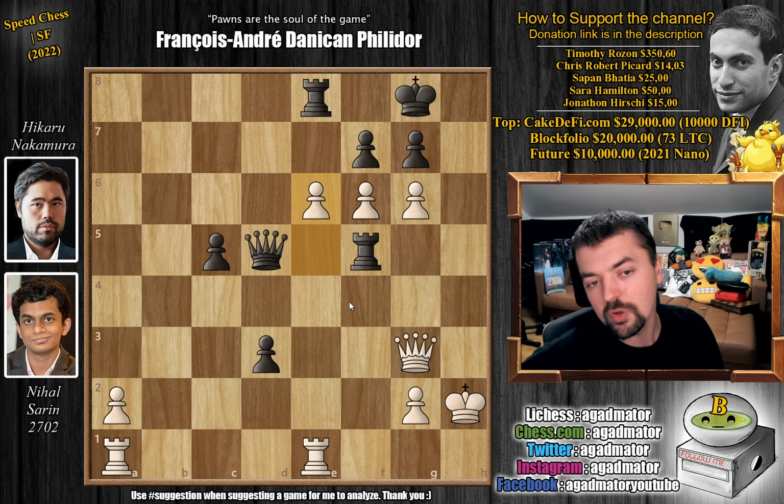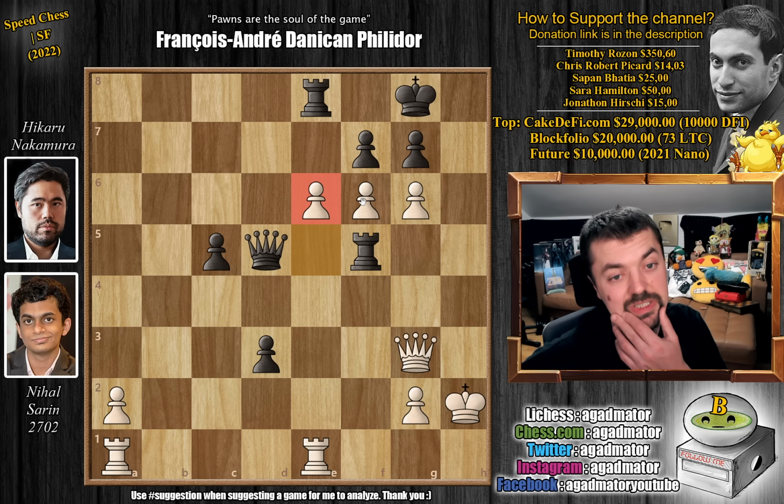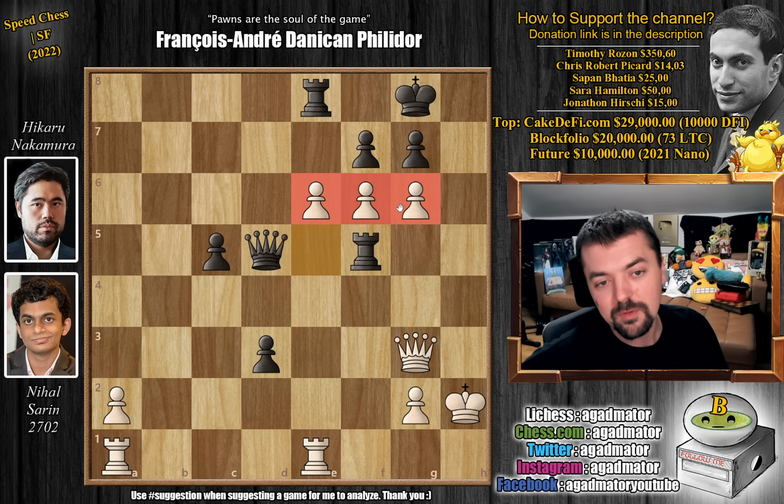Once again putting pressure on this e5 pawn, but now Nihal finds the incredible moment that I've used for the thumbnail, and that is pawn to e6. And this is absolutely stunning. When was the last time you saw 3 connected pawns on the 6th rank? And with black, absolutely nothing to play for here. For example, if you play g captures,